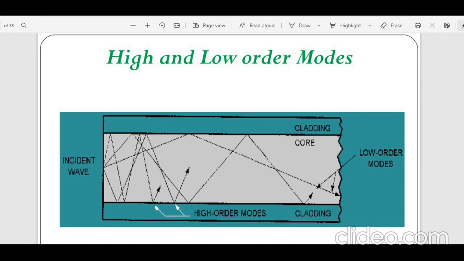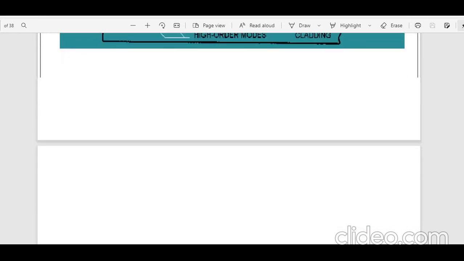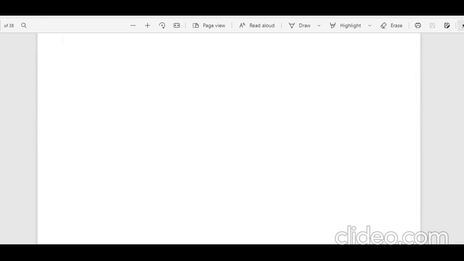Whenever it is getting passed in the same direction, that is called high order modes. Whereas low order modes means what? As you can see, the light passes into the cladding, touches the surface of the cladding and gets back to that particular part when they are not in synchronous form. This is called low order modes. So this is called low and high order modes. When we try to find the modes of operation, this is the way it is obtained.